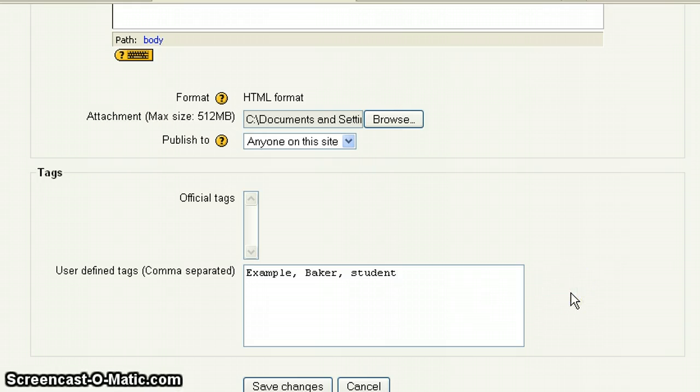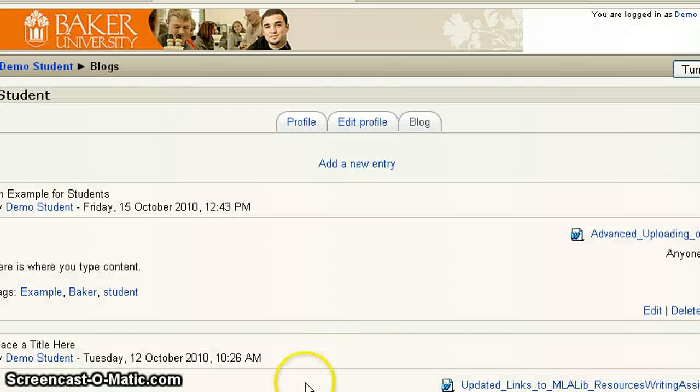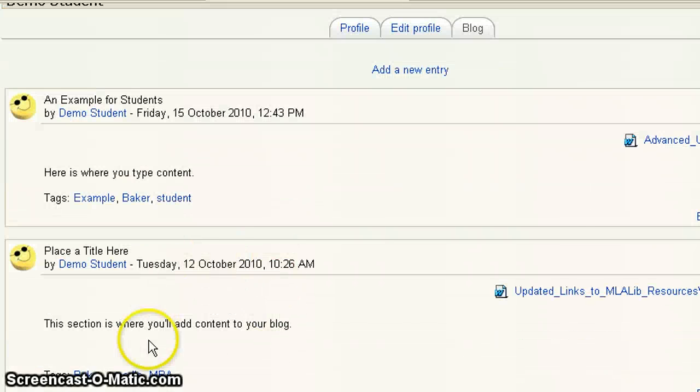Okay, so let's scroll down, and when you're finished, you'll click Save Changes. And you'll see now that when the screen refreshes, the most recent blog appears on top. Okay, remember, this is what we had when we first logged in, and this is the one we just created. Okay, you notice here that